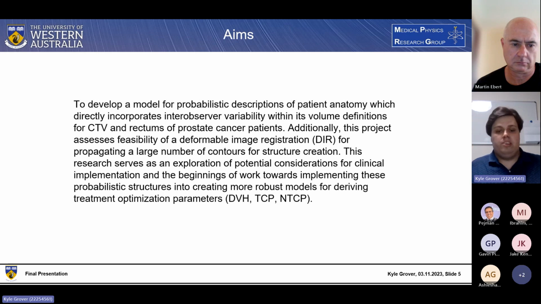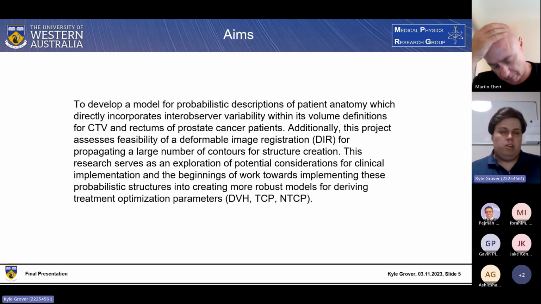Additionally, this project also assesses the feasibility of using a deformable image registration method in order to propagate a large number of contours over for structure creation and consider a much wider range of contours and get higher resolutions. This research ultimately serves as an exploration for the potential considerations of clinical implementation, and also the beginnings of work towards implementing these probabilistic structures into creating a more robust model for deriving treatment optimization parameters such as the DVH, tumor control